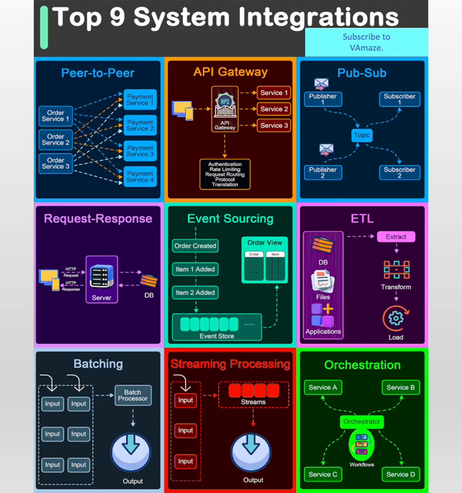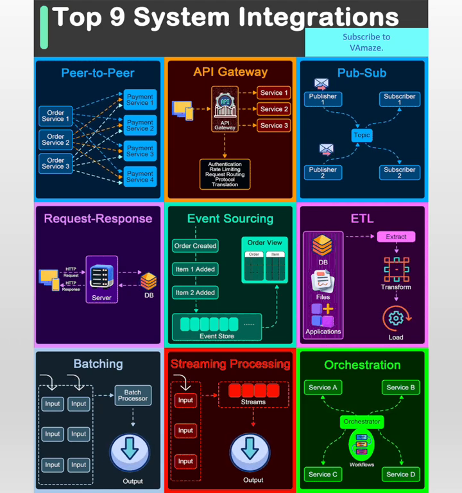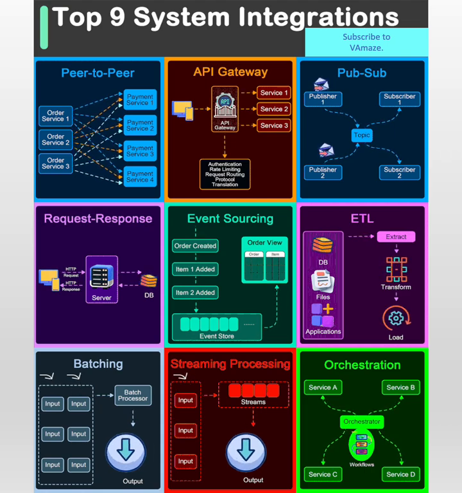9. Orchestration, the workflow conductor. Coordinating complex business processes. Orchestration manages complex business processes that span multiple services and systems. A central orchestrator coordinates the execution of various steps, ensuring proper sequencing, error handling, and compensation actions. The central coordination model: the orchestrator maintains a workflow definition that specifies the sequence of operations, decision points, and error handling procedures. It coordinates calls to various services, service A, service B, service C, ensuring that the overall business process